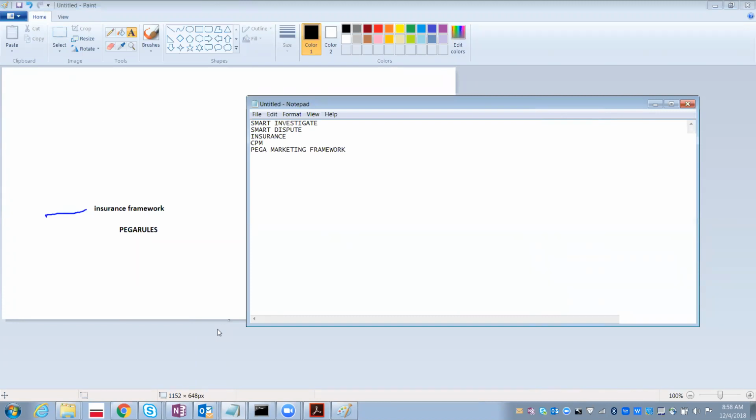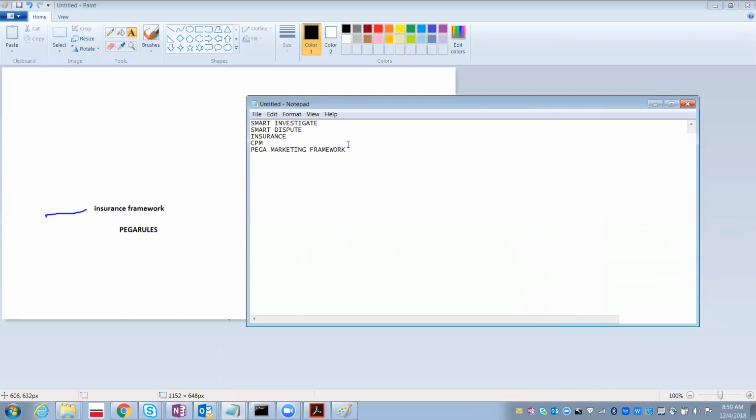You can either create the application directly, or you can use this framework, so that you need not implement every functionality. Most of the functionality will be available in this framework, and that framework can be used in your application.